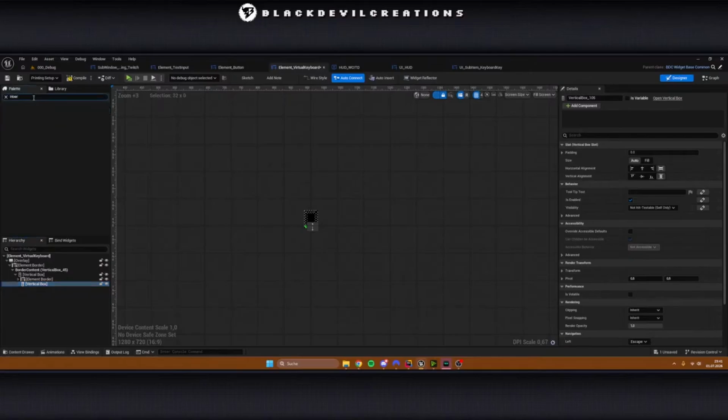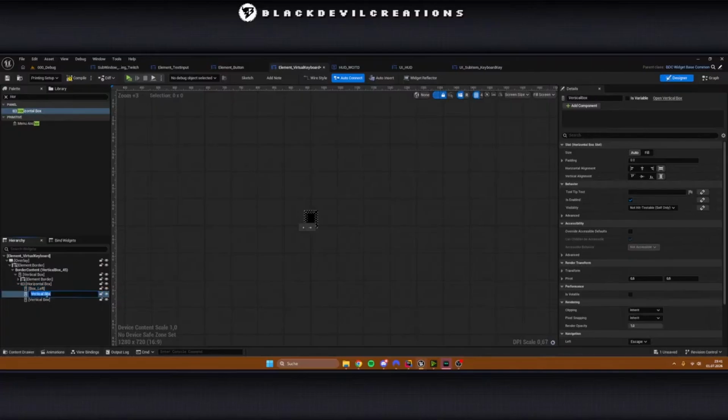Oh, let's first of all, oh God, completely forgot it. A horizontal box and then a vertical box inside. We duplicate it 3 times. Because if you look at your keyboard on the left side of the number and letter keys, you have Tab, Caps Lock, Shift, Control key. On the right side, you have Backspace, Enter, Shift, and the Control key. And then you have 1, 2, 3, 4, 5 rows of other keys here,